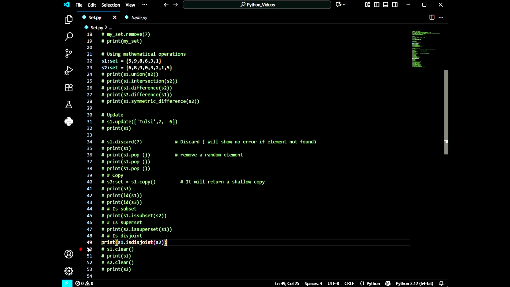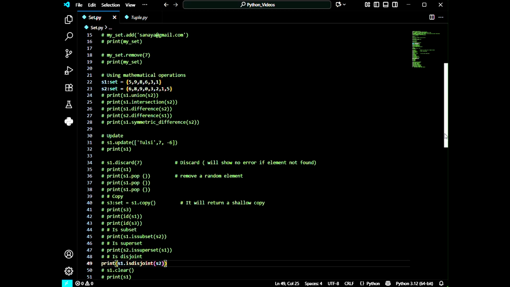So what is the function used for is disjoint. Here I am using the isdisjoint function with the help of the dot operator to find whether S1 is disjoint to S2 or not. Disjoint means there would be no common element.